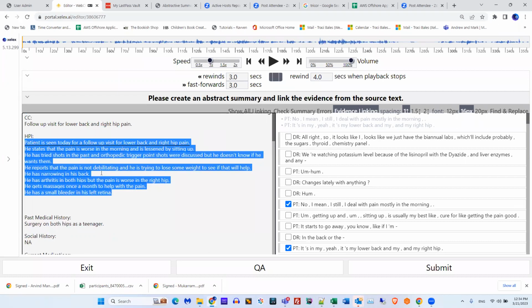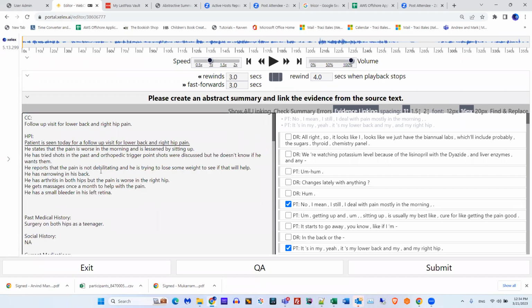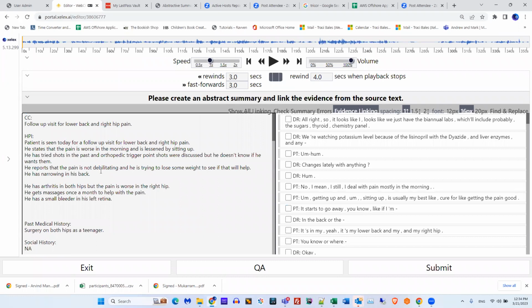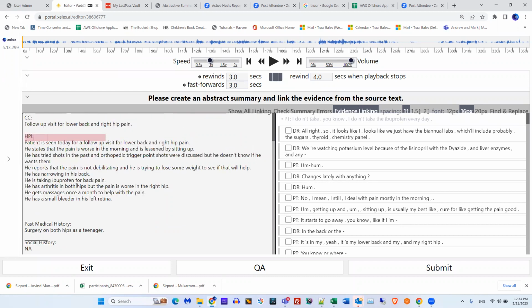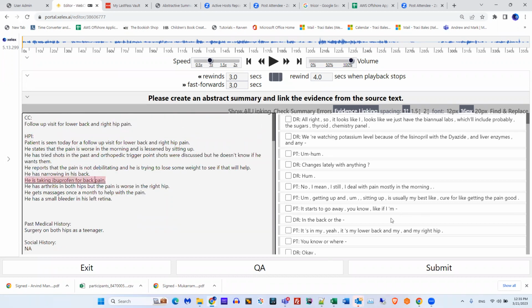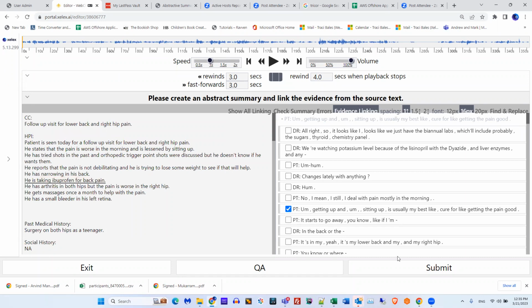So for instance, if this patient is taking ibuprofen for back pain, even though you have the ibuprofen up here, it also has to be in medications. Just keep that in mind. I'm just going to use that as an example.